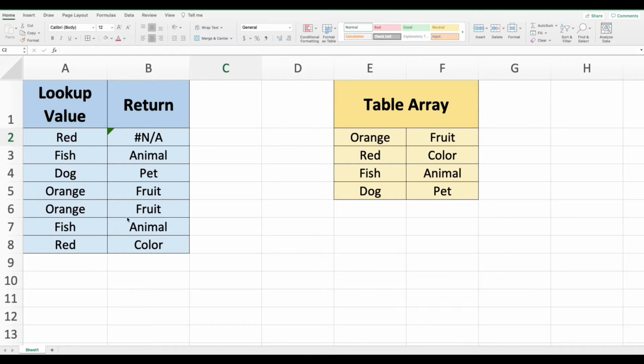In this example, I've got a VLOOKUP function that's returning the #N/A error here. I know that my lookup value is also in my table array. But the reason why this error is occurring right now is because there's a blank space before red that's a little bit hard to see. But if I click into it, you can see that it doesn't just say red, it says blank space RED. Now of course in this example, I only have one value throwing the error, but I'm going to show you how to fix it in a way that would be useful